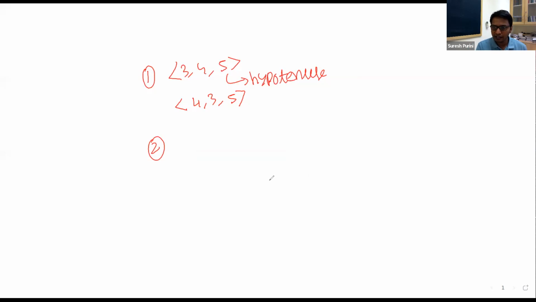Okay, 6, 8, 10. So the next biggest hypotenuse we get is 10: 6, 8, 10. Nice. And don't list again 8, 6, 10; you should not list it. And then 5, 12, 13.